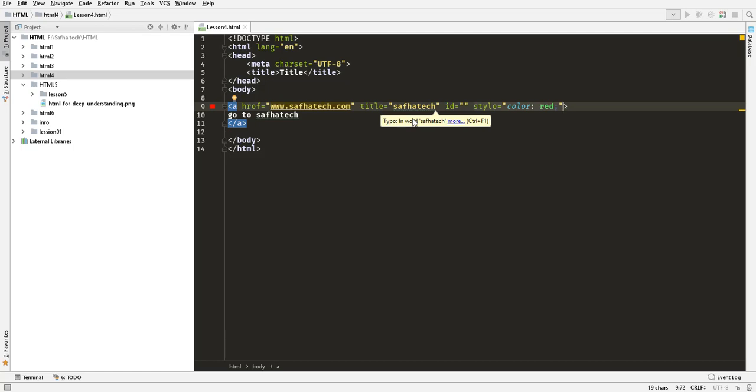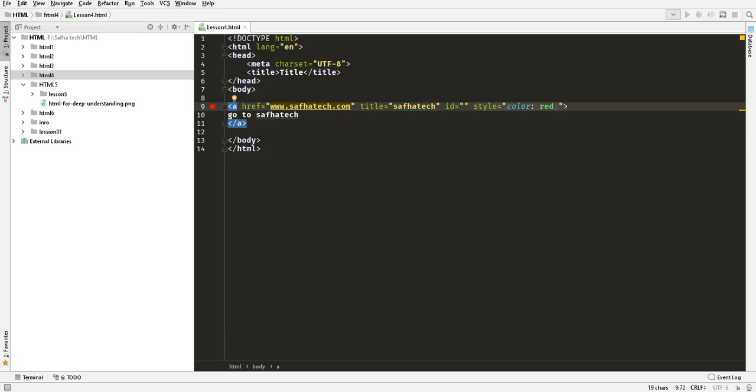So great, we have written these things. Title, when you hover that thing, you will get the subheading, which is the title that we have written there. Okay, so those things were the